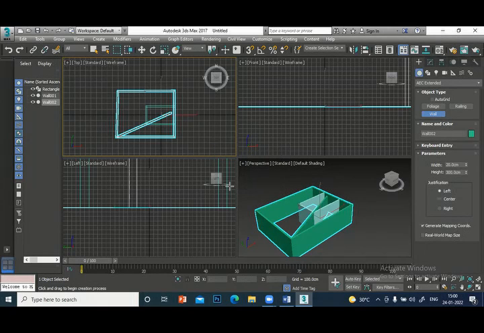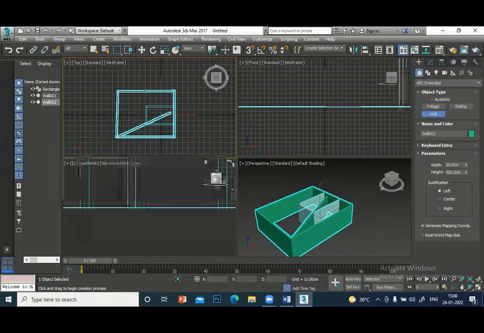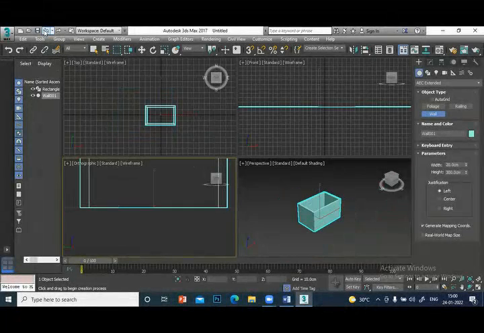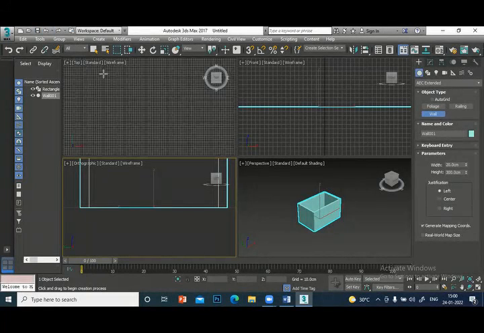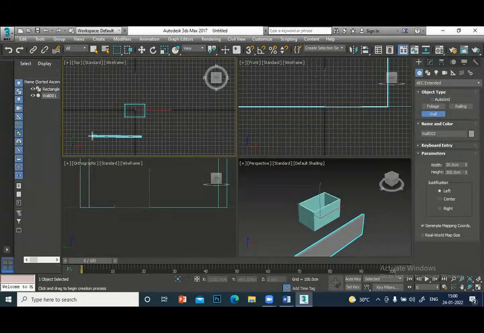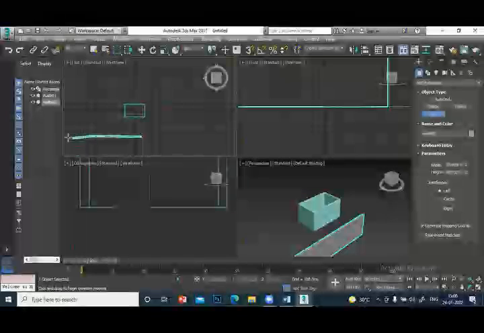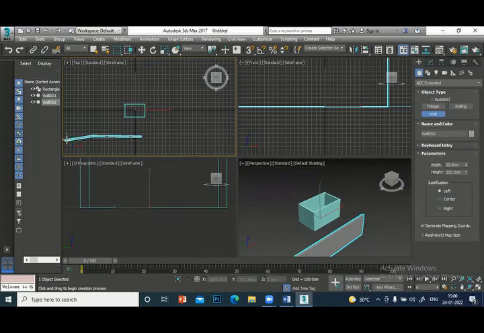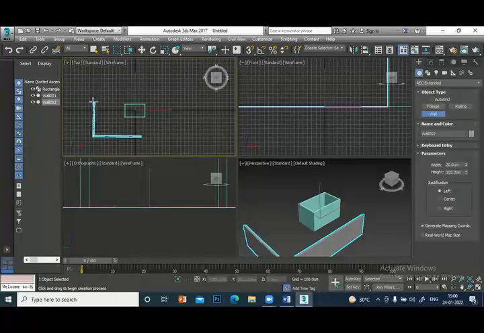You have to draw like this. When you select left and draw, don't draw like this. You can see that you are pointing the line in the opposite direction. That means your left will become right and right will become left, and sometimes there will be a problem.